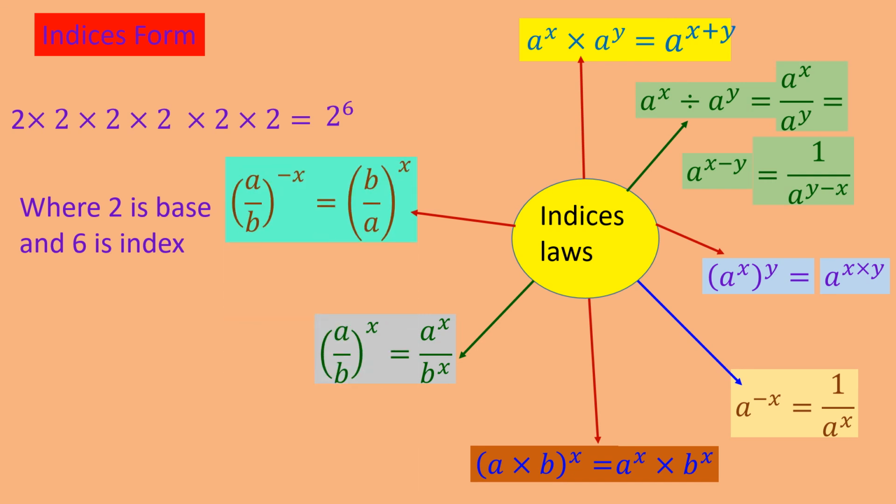Similarly, if a upon b is raised to minus x, just like a raised to minus x, the same method applied will give you b upon a whole raised to x. So you can change a fraction's negative index by taking the reciprocal of the base and getting the positive index. The best one is that any base having index 0 will give you the answer 1. So 2 raised to 0 is 1, 10 raised to 0 is 1. Clear? These are all basic laws which you have studied in lower classes.